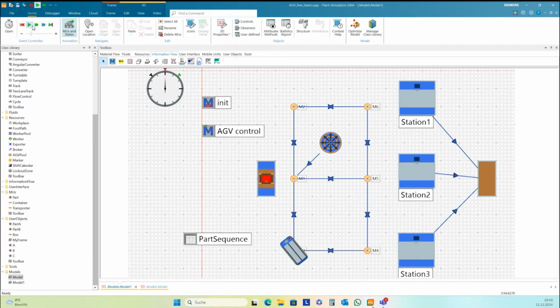Okay, I think there are more changes and more enhancements coming in future versions of Plant Simulation. We will do several topics here in the webinars next year.